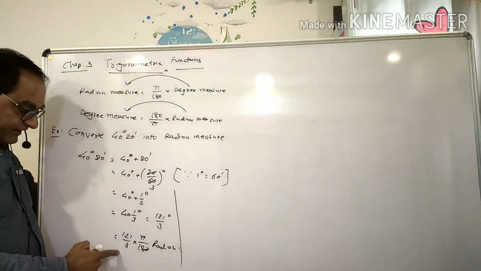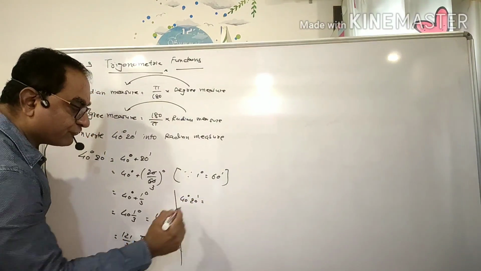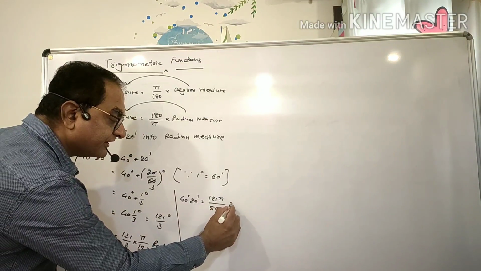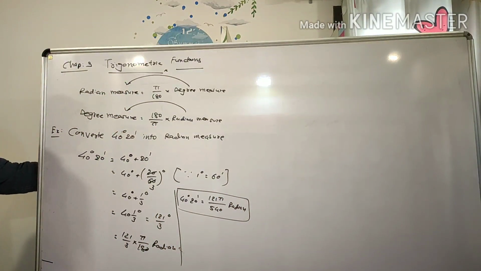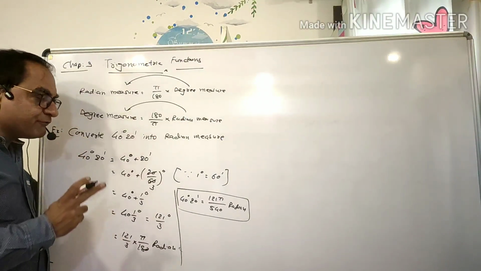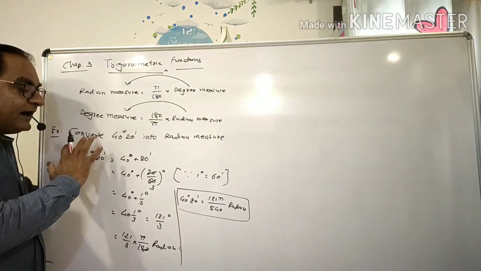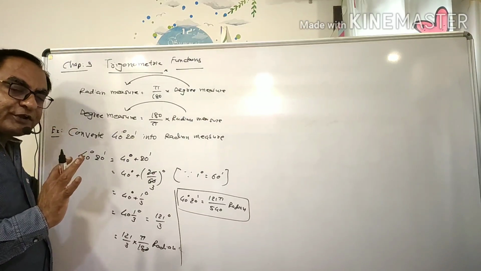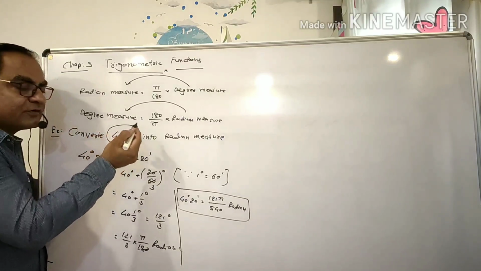Its ultimate answer I am writing here. Yes, no number we can cut. So 40 degree 20 minutes is equal to 121 pi upon 540 radian. Yes, it is like this. The process is straightforward. We are using the conversion from degree to radian and radian to degree, nothing new. But here we go just ahead. In the last lecture we converted 240 degree, meaning only degree was there, into radian. Now today I added minutes, 40 degree 20 minutes.